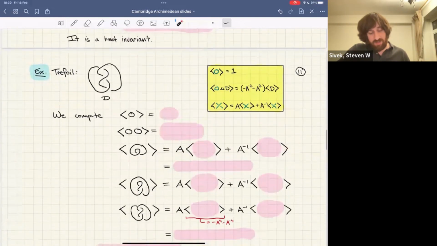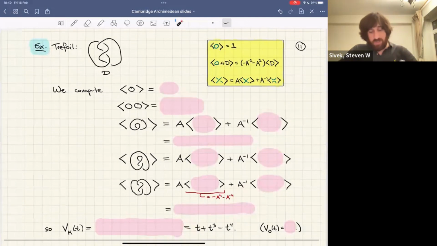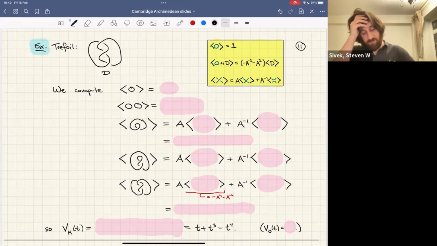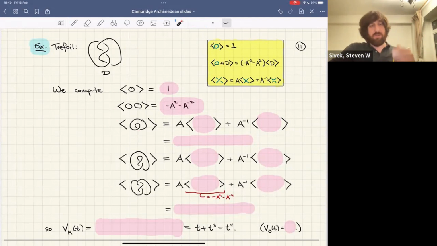Anyway, so let's see an example of this. Here up in the top right are the rules for evaluating the Kauffman bracket. And I want to take this diagram of a right-handed trefoil. So just following the rules, I'm going to compute a bunch of simpler brackets of things we might see along the way. If we have a single unknot, then the bracket is 1. If we have 2 of them, then we get minus A squared minus A to the minus 2. Now, if we have this thing, which looks like an unknot with a little twist on the inside,